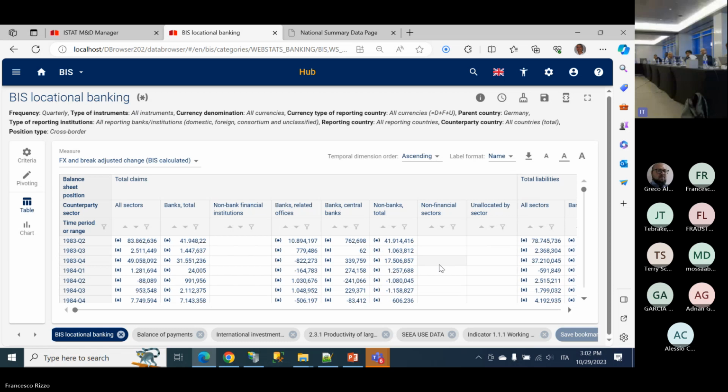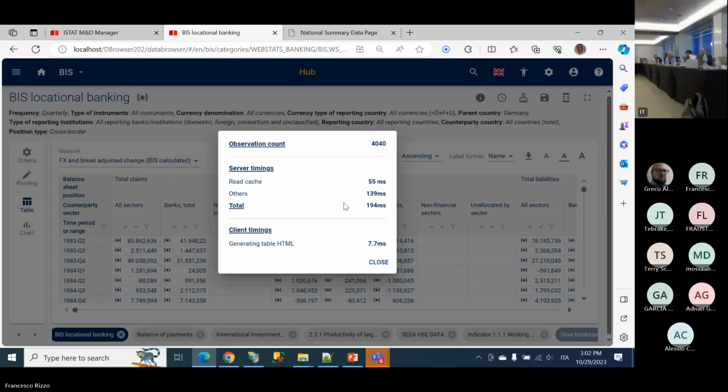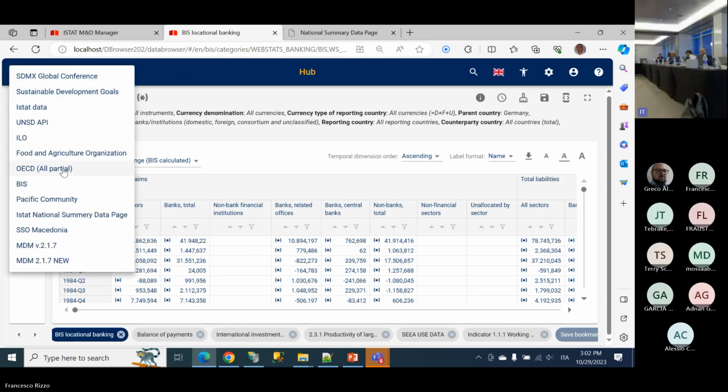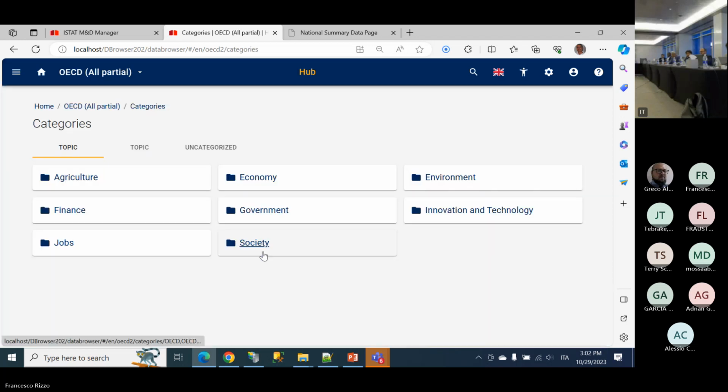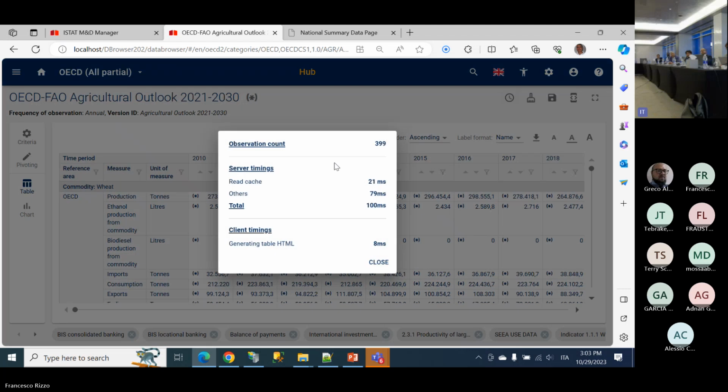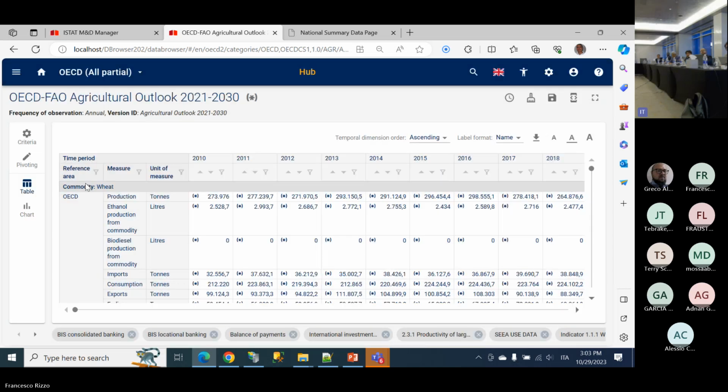Why this response time? Because the system didn't request the data again. Behind there is a caching system, and the data were read from cache. So, for example, if I go to the OECD API and I go on agriculture, also here I can see a few records that are exposed in this data flow. But if I change the criteria,